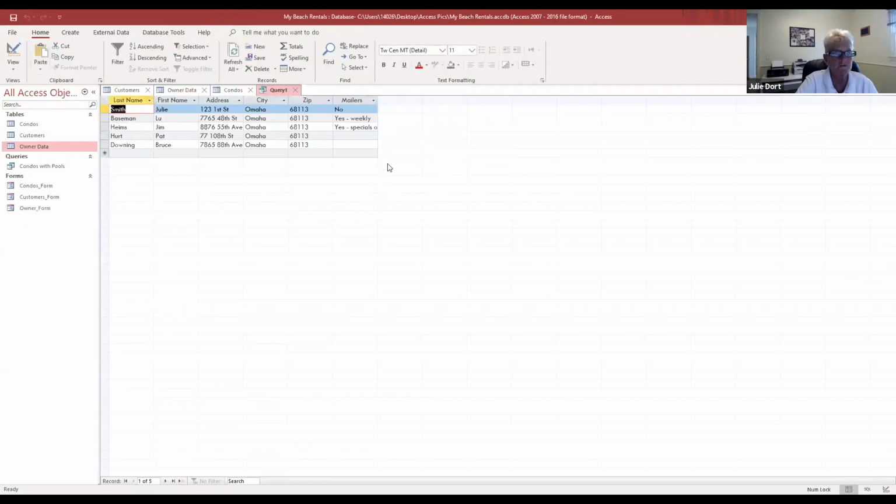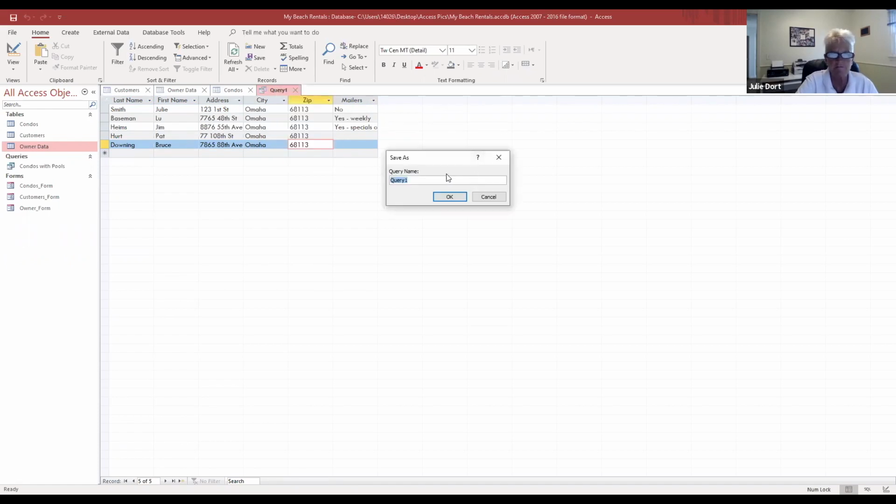And when I do so, it shows me my 5 customers and the listing for mailers. So it excludes when they've rented the condos, how many days they've rented it for, etc. This query simply gives me those people and what they specified for the mailers. So I can go ahead and save that,